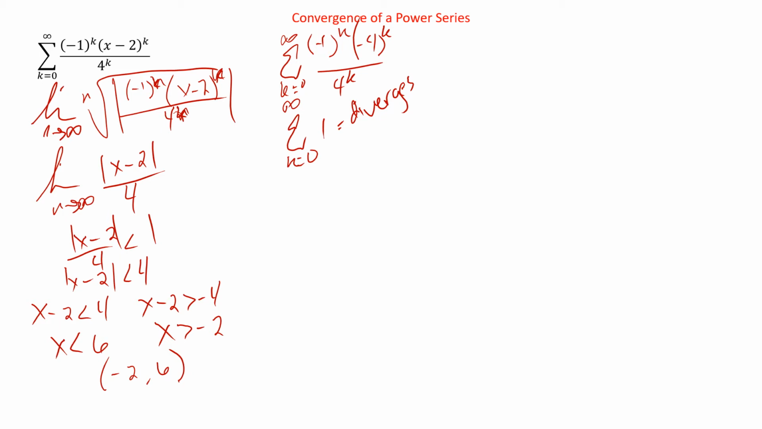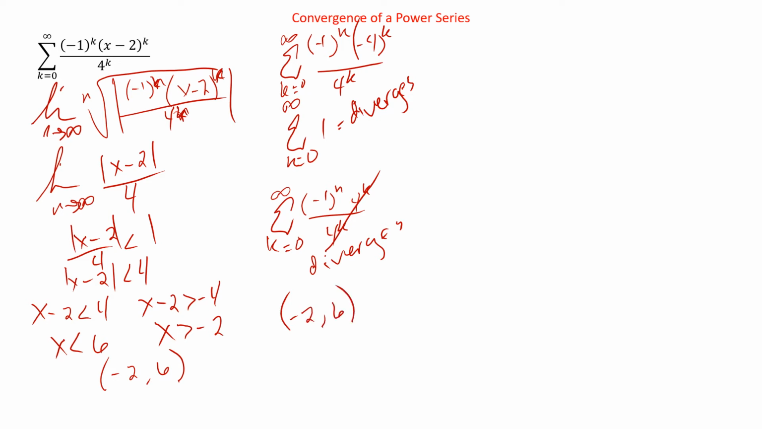And then we can plug in 6. The sum from k equals 0 to infinity of (-1)^n. We plug in 6. 6 minus 2 is 4, so we have 4 to the k over 4 to the k. That cancels. So we're going to have (-1)^n, which is going to go -1, +1, -1, +1, -1, +1, which also diverges. So in this case, neither endpoint will converge, which means our interval of convergence is this (-2, 6) interval, and